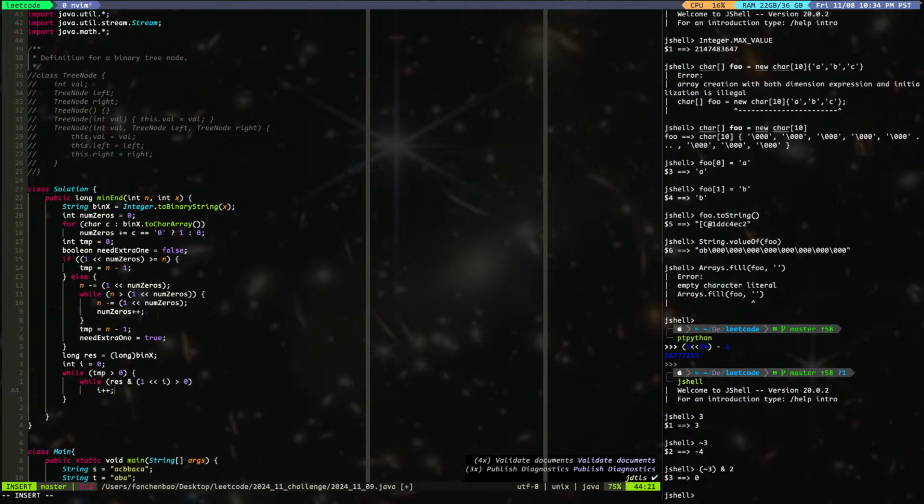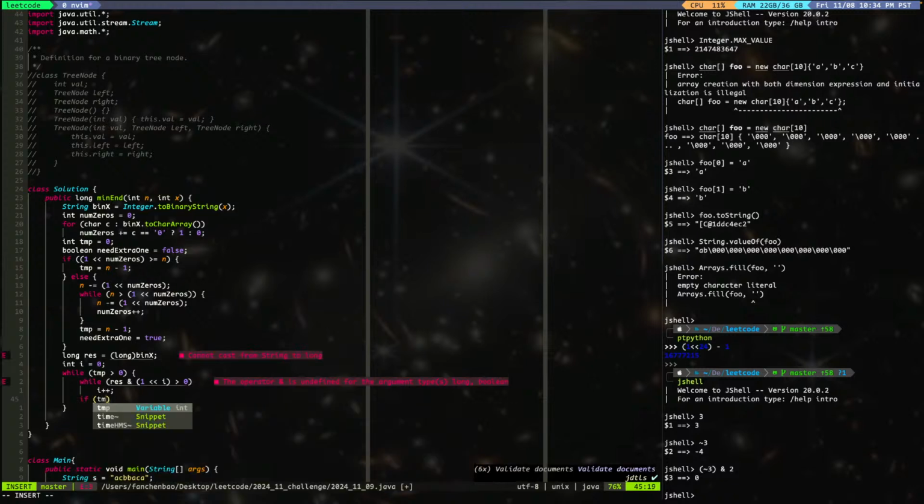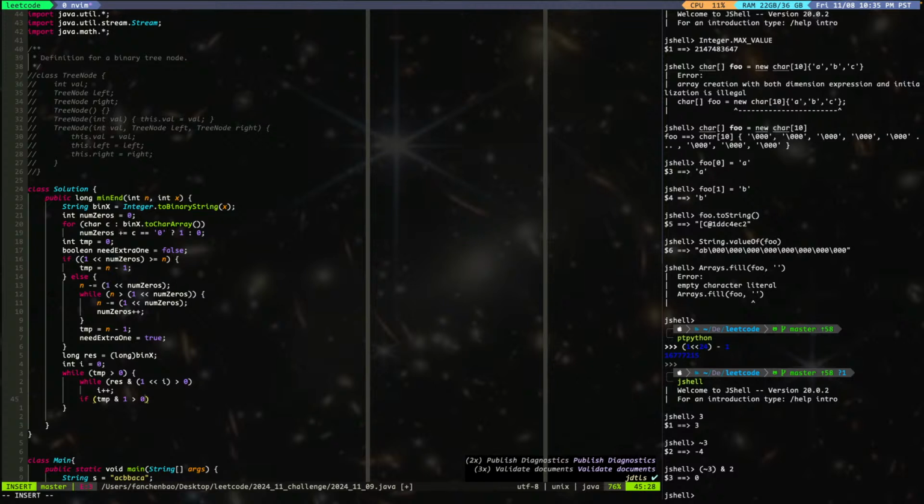Right, because I need to keep checking. I need to keep checking to see if it's 1, we skip. But if it's a 0, so we'll jump out. Then what we do is we will get the rightmost bit of temp, put it into res, whichever it is. So how do we do that? Well, we'll say if temp and 1 is larger than 0, which means the last bit is a 1,